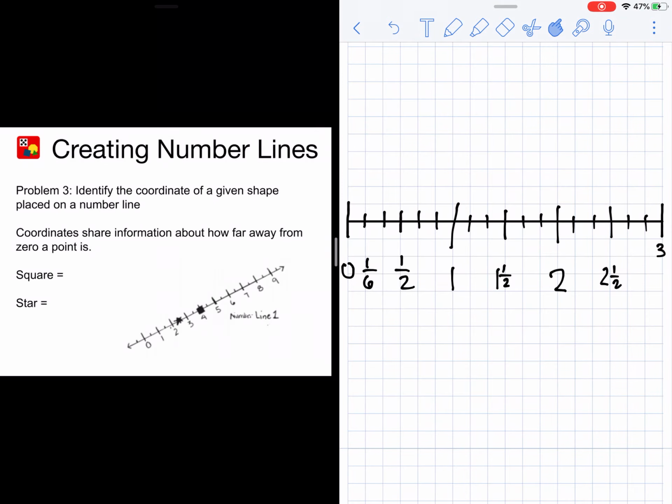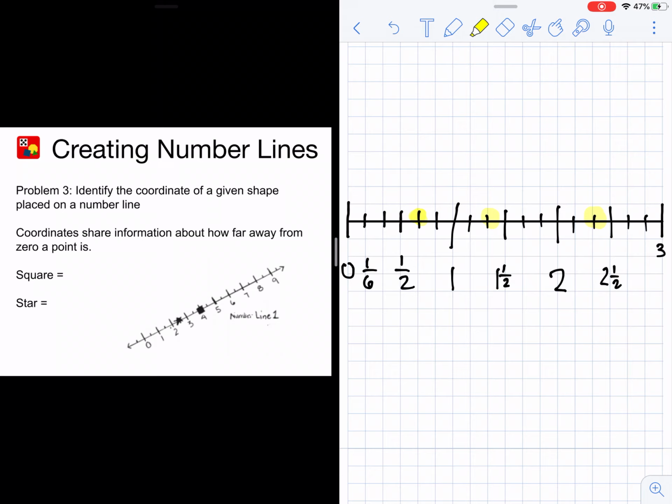Okay? And problem 3. Now we're going to identify the coordinate of a given shape placed on a number line. So on your number line, what you're going to do is I'm going to draw a shape. I'm just going to do a circle, y'all. I'm going to do a circle with my highlighter. And we're going to find where these spots are on the number line. So I'm going to do a circle here for that spot. I'm going to do one here. I'm going to do one there. Okay, so for those 3 spots, we're going to find out